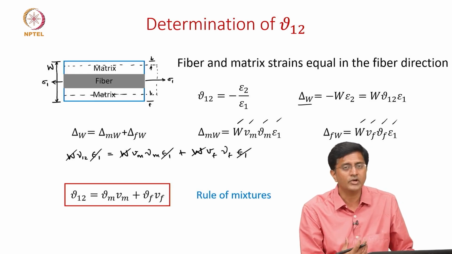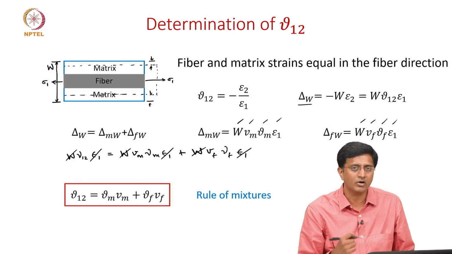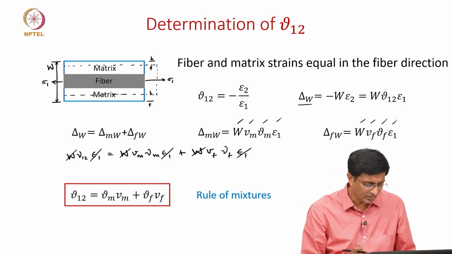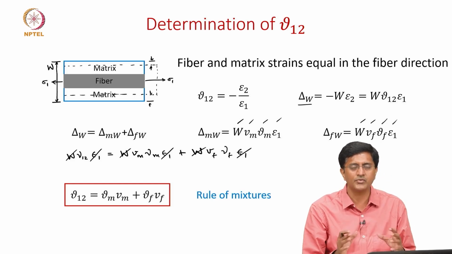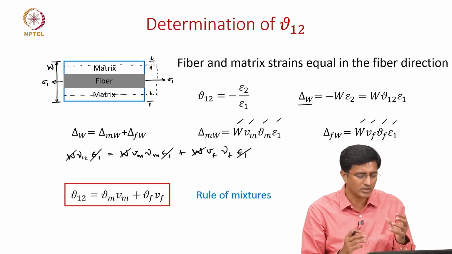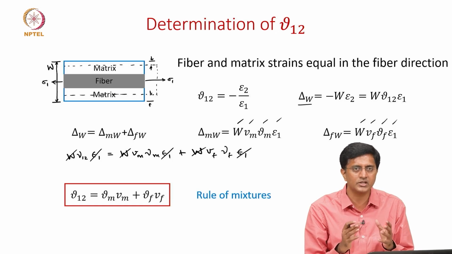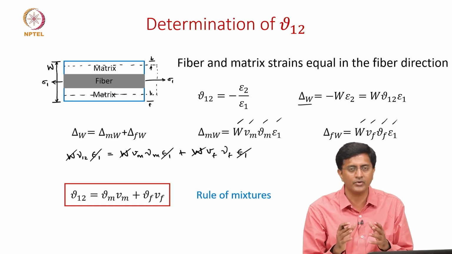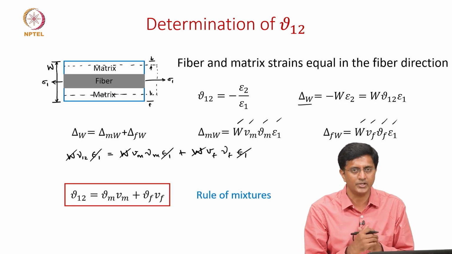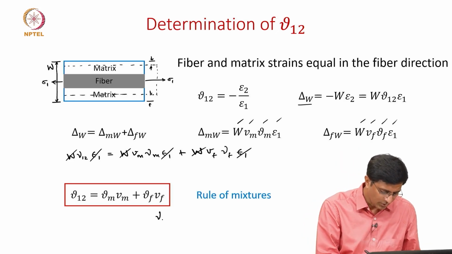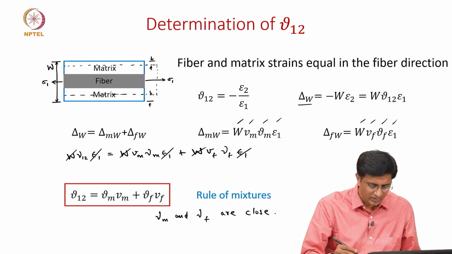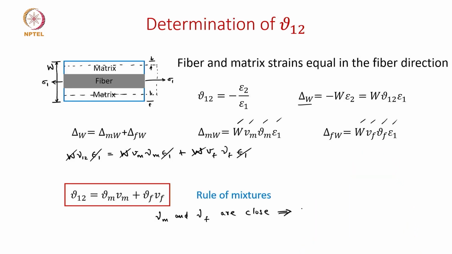And here, can we comment on whether it is matrix dominated or fiber dominated? For that, we have to look at what are the values of the Poisson ratio for the matrix and the fiber. Are they very different? The answer is no. Usually the Poisson ratios are very close because these are in the ranges of 0 to 0.5, but most often very close to 0.3. Since these values of Poisson ratio of the matrix and Poisson ratio of the fiber are close, now we should say that it is